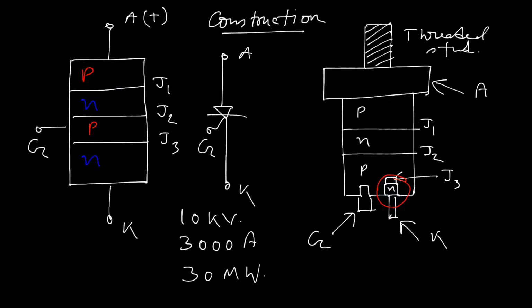If we increase the anode voltage with respect to the cathode, then the width of the depletion layer will decrease, because a few charges from the P layer, which are normally holes, and from the N layer, which are normally electrons,